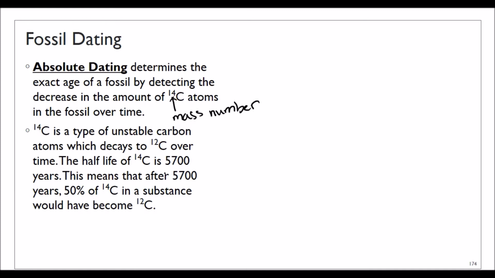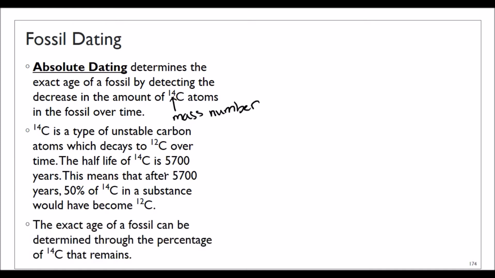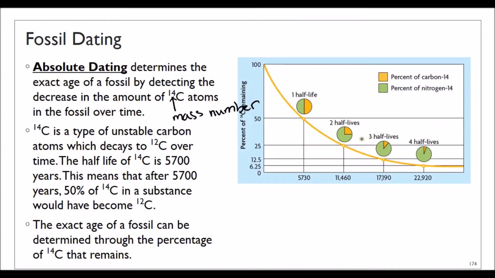You can use this information to date the fossil, because you can compare the percentage of carbon-14 that remains in the fossil. So this is just the half-life, you don't have to worry too much about this, and they actually do compare it to nitrogen-14 just to work out what the half-life is. So if I have, say, 25% of carbon-14 left, this means that I have gone through 2 half-lives,